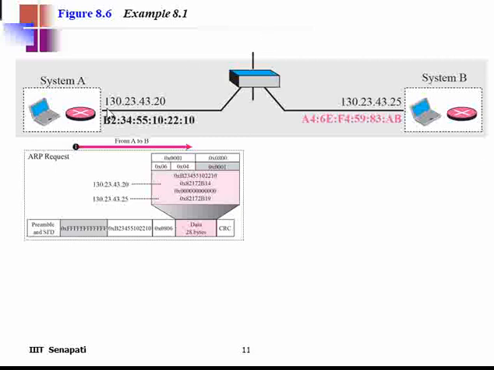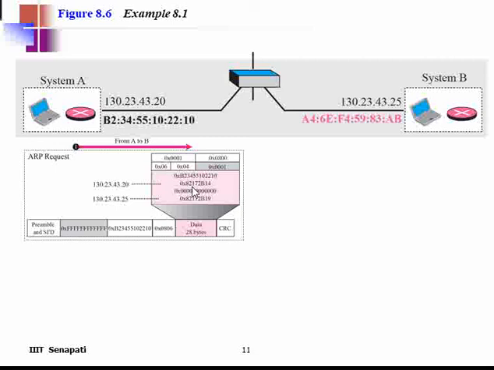This was your sender IP address, receiver IP address, sender physical address, and receiver physical address. So what you did, you prepared a format. You kept the value 1, hardware length 6, IP length 4, and the operation is request, so your value is 1. Ethernet is hardware type 1.